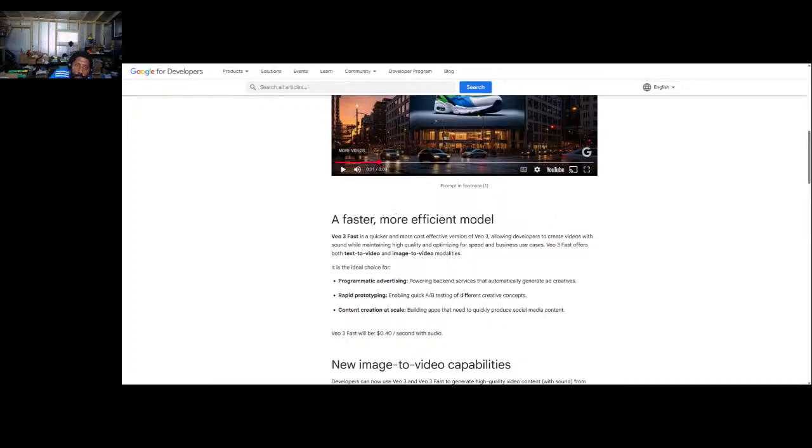$33.60 probably for that. Which, I mean, if you're doing a bunch of them, that can add up, especially if you're just playing around with stuff. So I wonder, I'm hoping you only get charged if it gets created. Because again, I tried like 3 times and it didn't create it. So I'm hoping I didn't get charged for those. And then where would I even go to see this charge? Because I did it through the Gemini. I don't know. We'll see. But I was able to get one working.